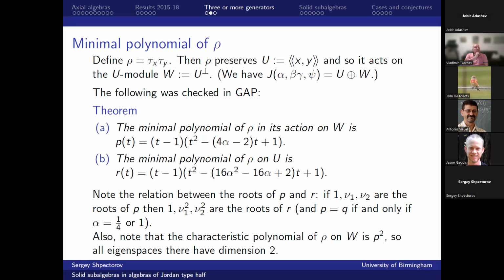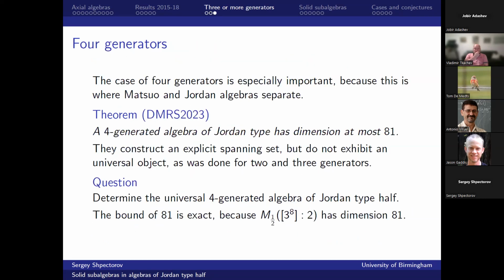Also some facts about the dimensions of the eigenspaces. I'll go really quickly over this. Tom just spent a whole hour explaining how to get this result. This was a real breakthrough because nobody knew how to do the 4-generated case. It's much more complicated, but now it seems we have this breakthrough, and perhaps we can go further,